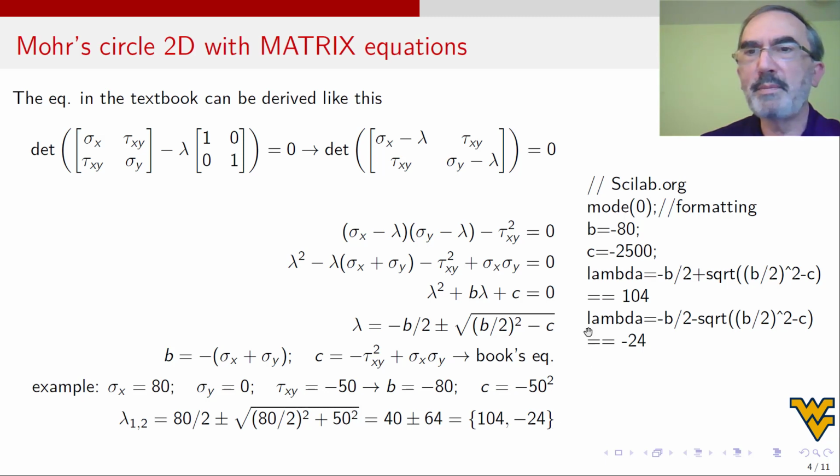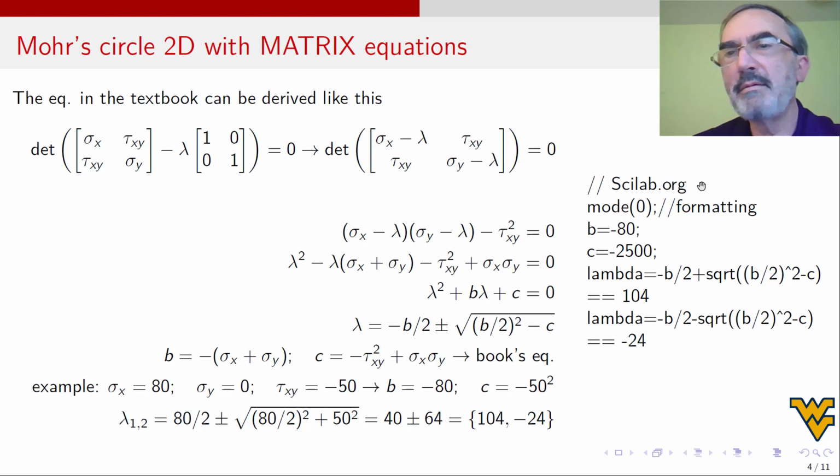And then the equation I program here in Scilab. If you have MATLAB, then use MATLAB because why would you want to learn another software. But MATLAB costs money. So if you don't have MATLAB, Scilab is just like MATLAB, but it's free. You go to scilab.org and you download it, you install it, and you get used to the interface. It takes you 5 minutes, and then that's it. You have free MATLAB.